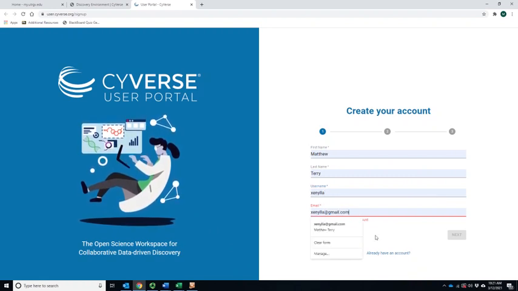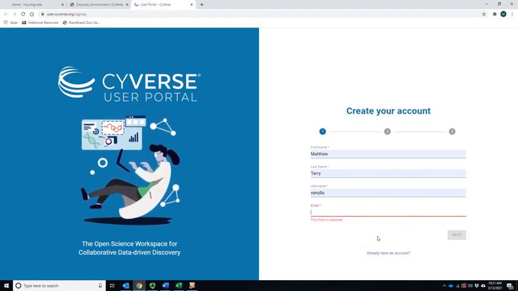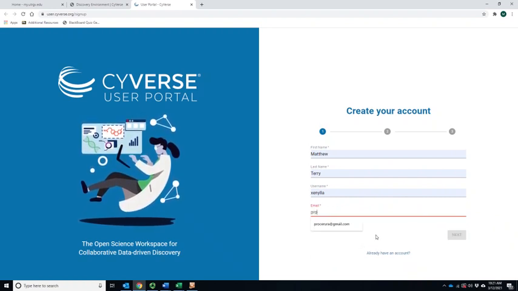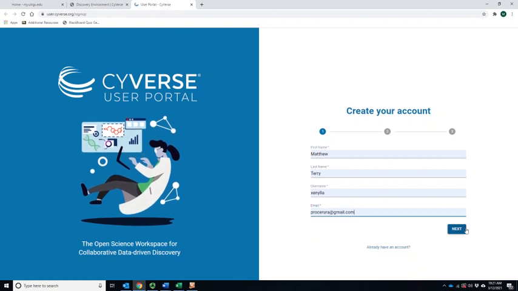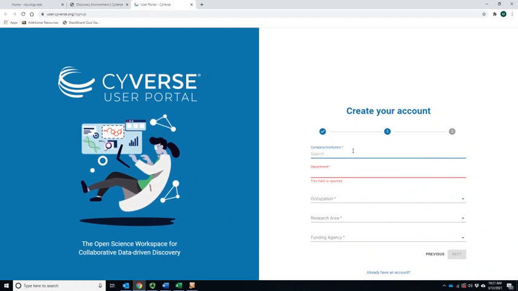Oh, it looks like I've already done one. Let's just put in a random one. I think it will ask you to confirm the email, so make sure you have a workable email. You can use your university one. And then you can just put your UTRGV,